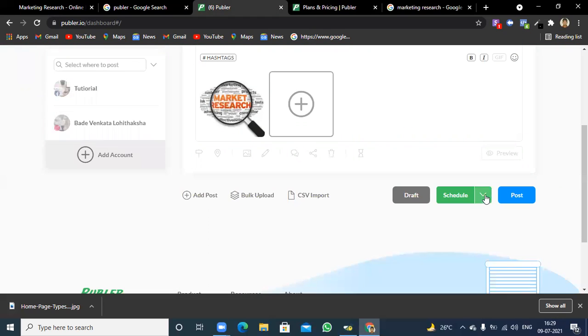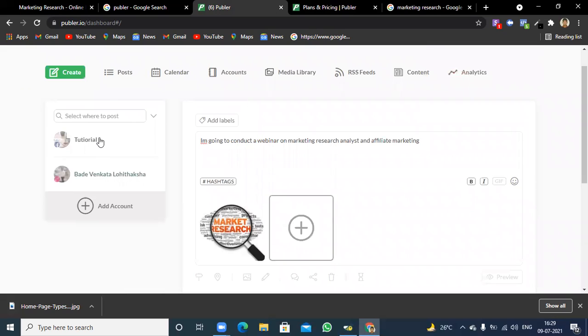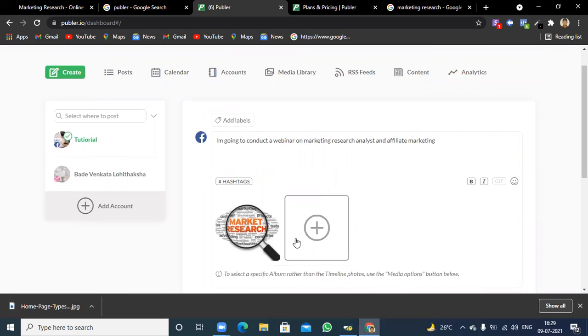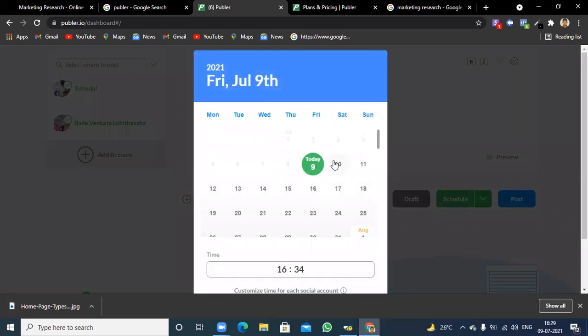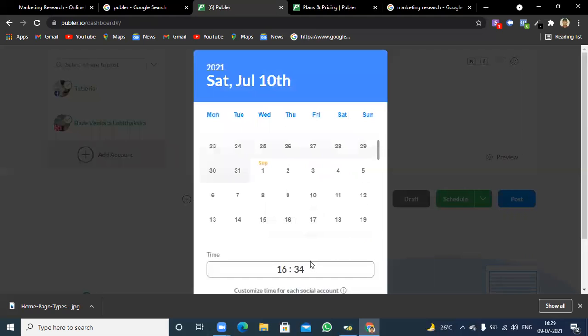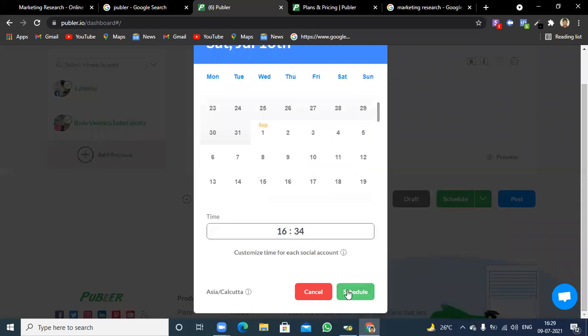And then after that, you can create a schedule. You can make a schedule. For example, here it is showing that you need to select an account also. So now I'm going to select an account. Let's click on tick, and then you need to make a schedule. Let's click on schedule. For example, I'm going to select this date from tomorrow, and then you can set the timings itself. Now what you need to do is click on schedule.